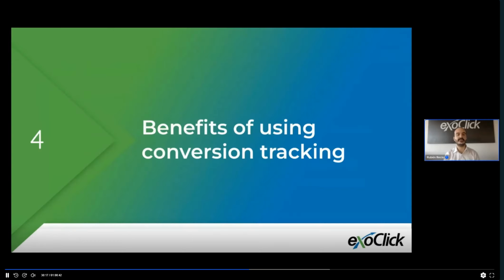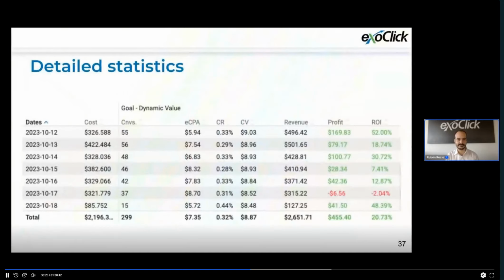So now that we know what are the types of conversion tracking that we have in ExoClick, let's talk about the benefits. Well, the first benefit, which is the one that we have been repeating over and over again, are the detailed statistics that you're going to get. You can see here the additional columns that explain the revenue, the profit, and the return on investment of your campaigns. You can also get the conversion value, which is the sum of the value of all your goals, unless